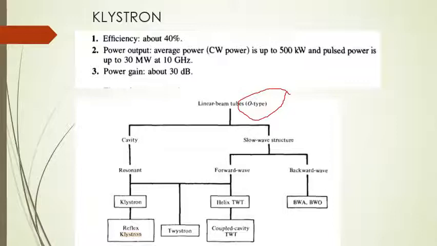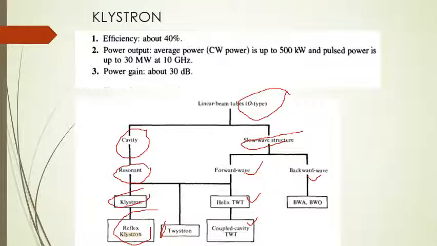According to the classification, you can see that it has been divided into two types. The first one is called the cavity type, the resonant cavity. If you remember, in my earlier slides I explained the resonant cavities, where we use reentrant cavities. The devices using reentrant cavities are klystrons, reflex klystrons, and tystrons, though we do not cover tystrons. The devices with similar properties but using slow wave structures rather than reentrant cavities are the forward wave and backward wave tubes. That is why we have the backward wave amplifier and backward wave oscillator. In forward wave, we have the helix TWT and coupled cavity TWT. Majority of these topics are in my following slides.